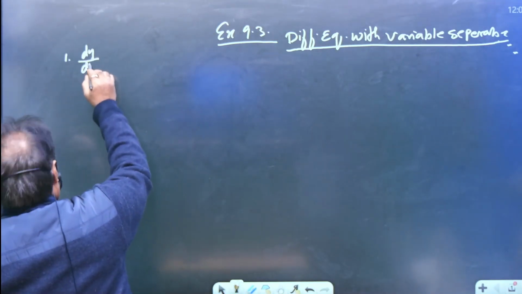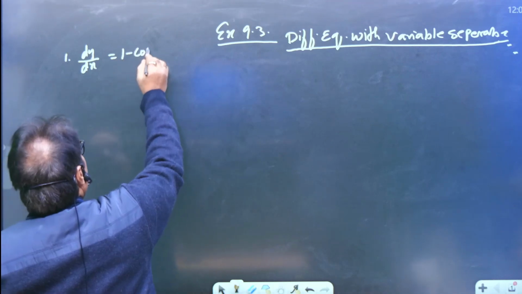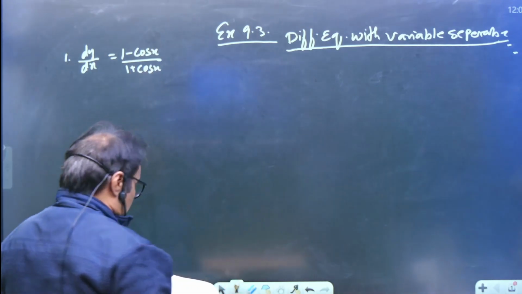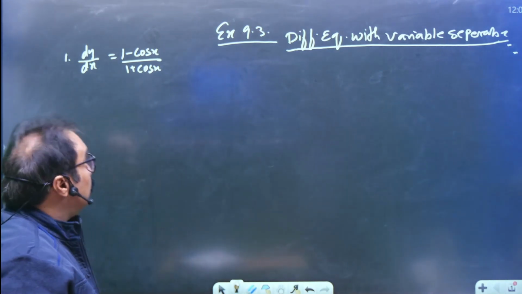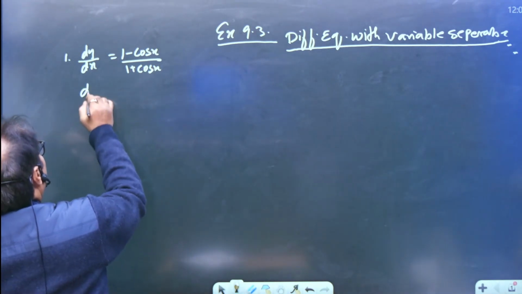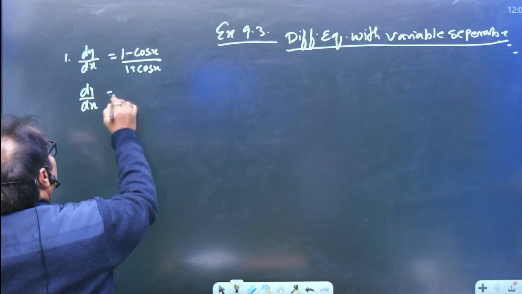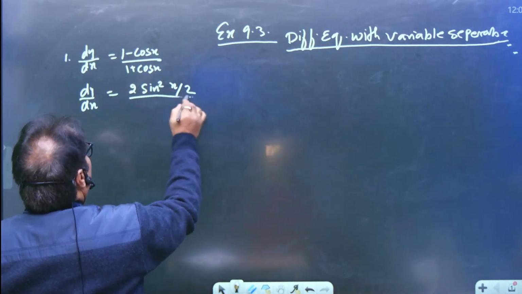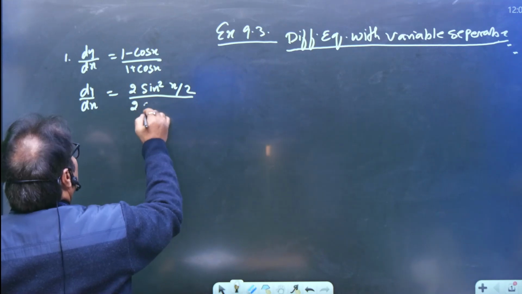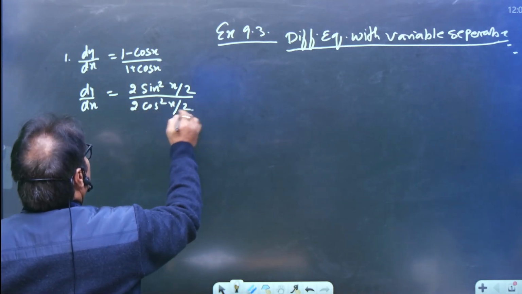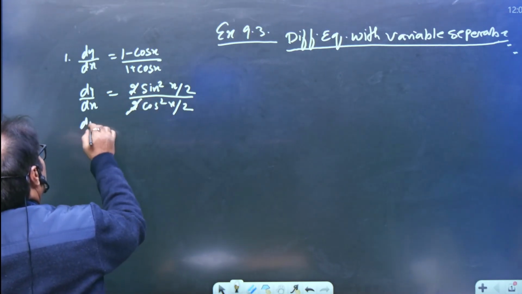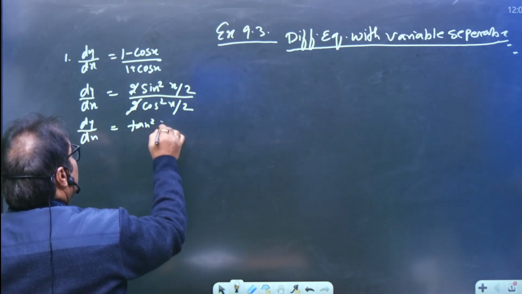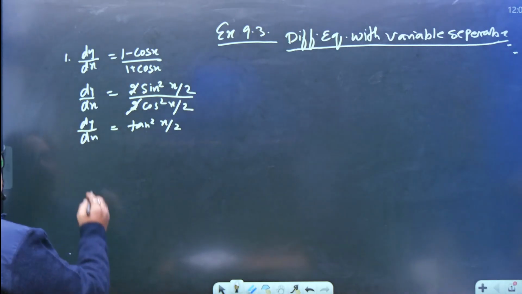dy by dx is equals to 1 minus cos x upon 1 plus cos x. So सबसे पहले क्या करें, यहाँ पे आइडेंटिटी लगा लें. dy by dx, 1 minus cos x means 2 sin square x by 2 and 1 plus cos x means 2 cos square x by 2 and this is cancelled. So dy by dx is equals to tan square x by 2